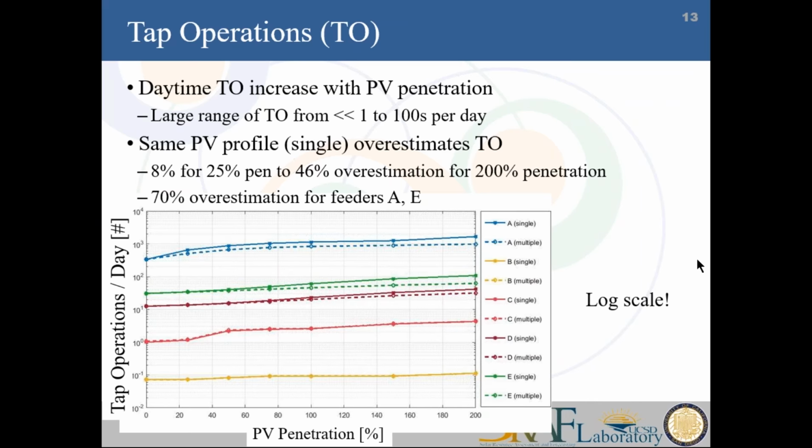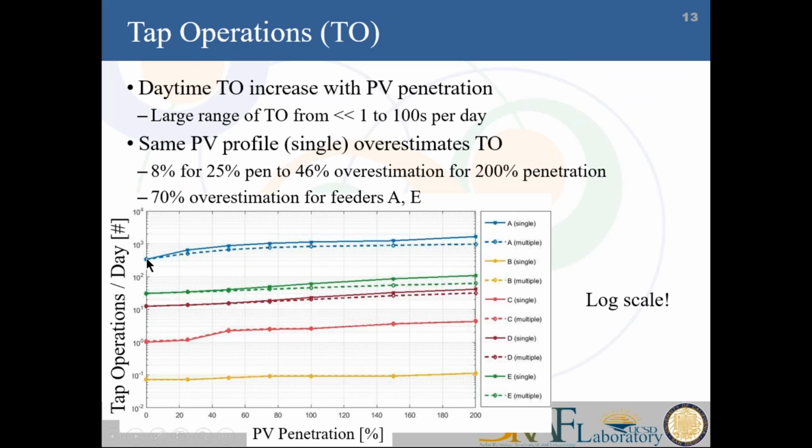Now we're seeing here these 5 feeders, and let's first just look at the colors. We see that some feeders, like feeder B, have actually less than 0.1 tap operations per day, which means that only every 10 days on average you actually have even 1 tap operation. These are the urban feeders that are more clustered and it's much easier to control. Then on the other extreme we have feeder A, which is a rural feeder. It's very long and it has a PV system near the end of the feeder, so it's really the worst case you can imagine. And in this case we now have hundreds